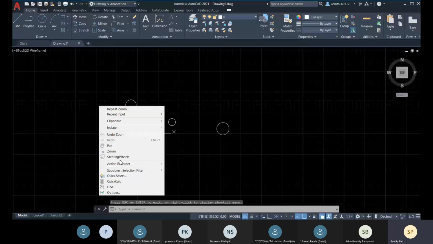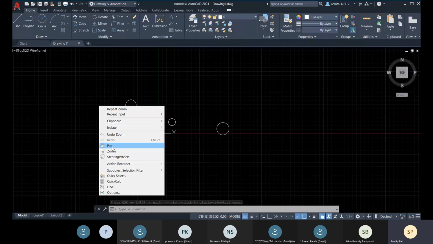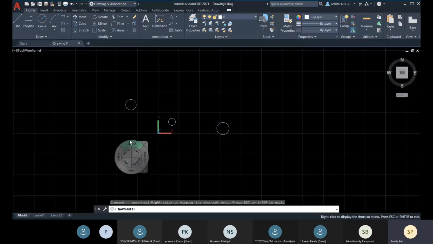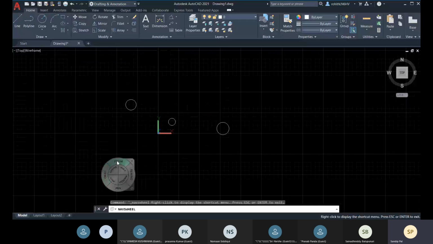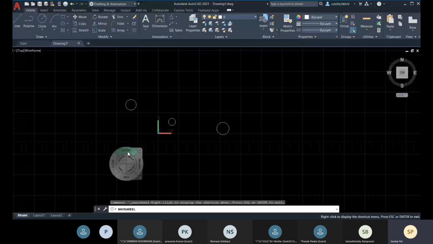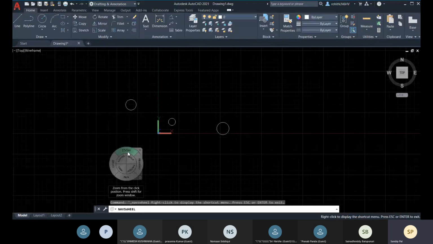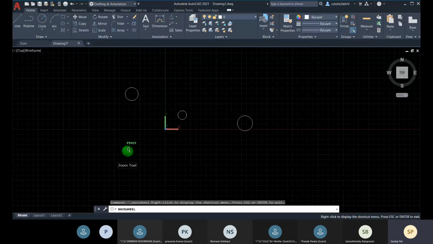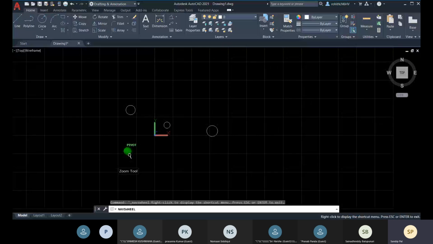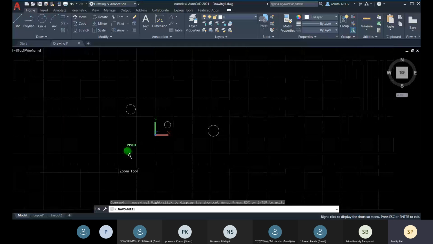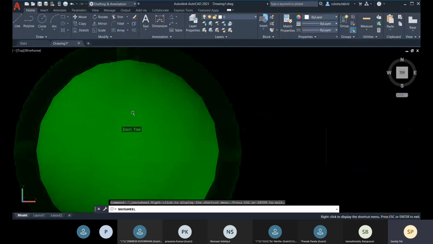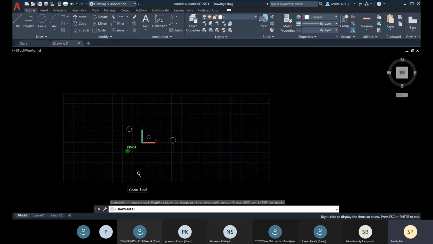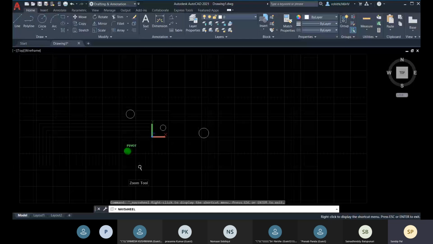In the right click menu, you can also have this pan option, and you have the steering wheels. This wheel has everything to steer your viewport. Here you can go for this zoom option. You click and hold; you cannot leave your click. You just have to click and hold, and then go forward and backward for zoom in and zoom out.